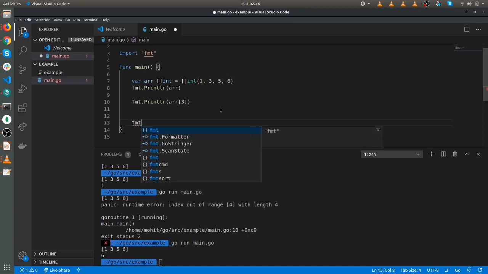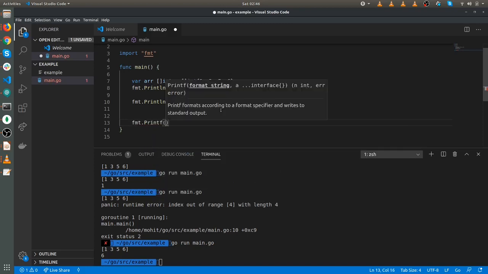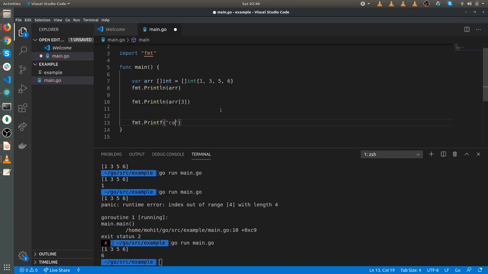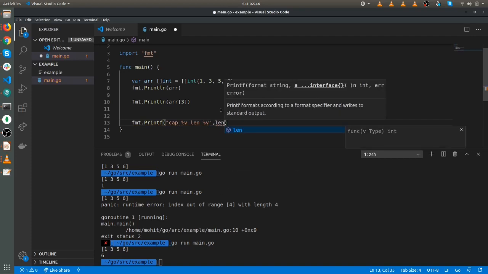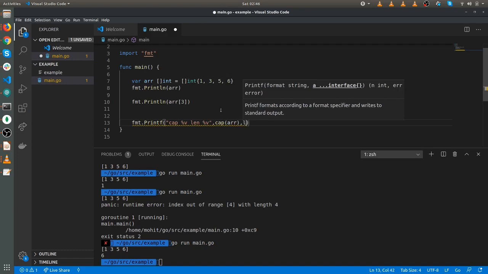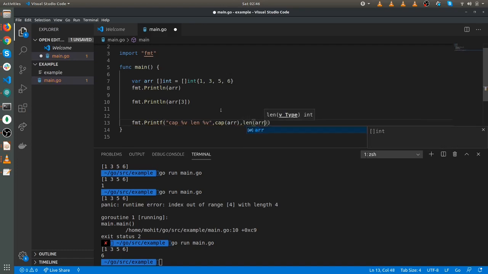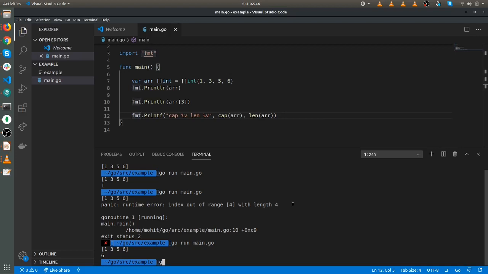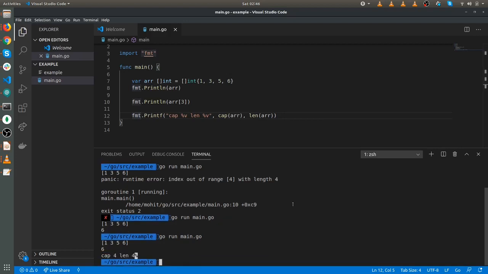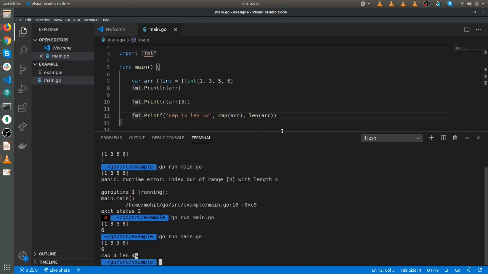Now let's take a look. Now you can see that capacity is 4 and the length is 4.